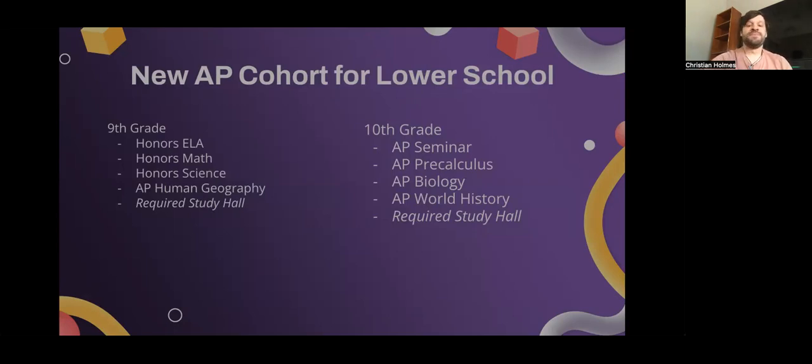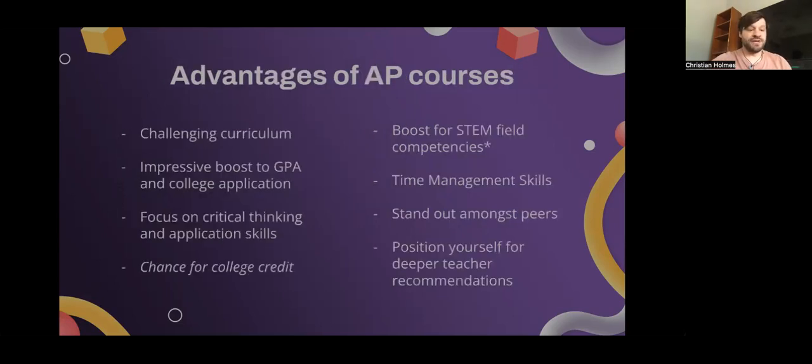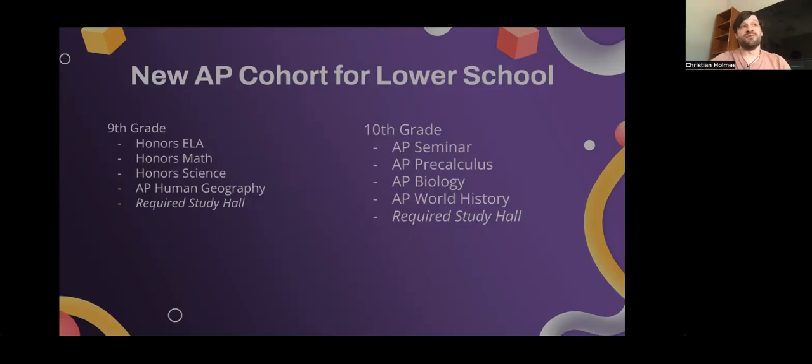And then if you're a 10th grader, AP Seminar, AP Pre-Calc, AP Pre-Bio, and AP World History. So the idea being that you take all of those courses, and that is your focus. This would be completely independent of the cohort projects that students are currently engaged in. You would not be participating in that. You would be participating in this advanced placement academic focus track. If you're interested in becoming a member of one of these cohorts, please contact me directly, chomes@thesteadschool.org, and I'd be happy to give you more information and to try to confirm you in that.